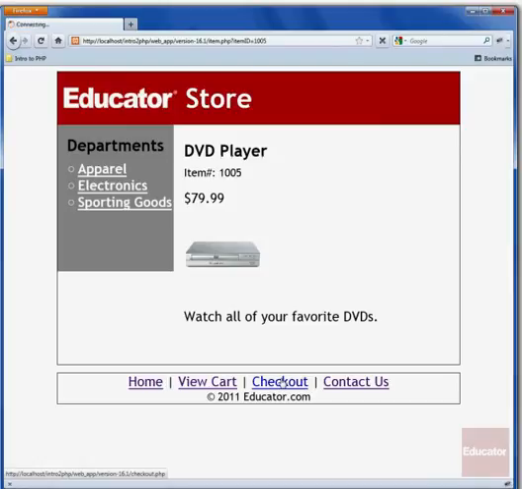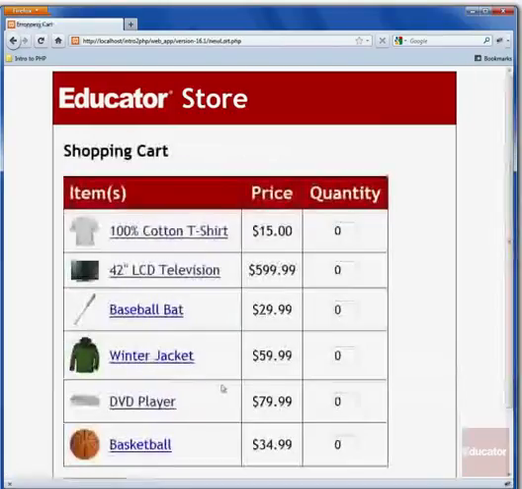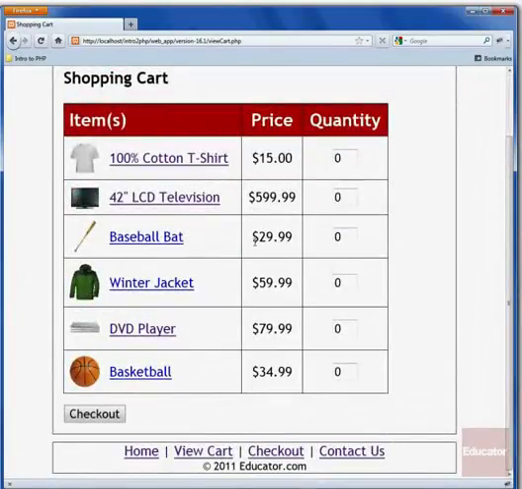The web store also provides a simple checkout form, a simple shopping cart form that allows you to select which items in the store you'd like to purchase and then go ahead and check out. So if we go ahead, for example, and select one of each of these items that are currently in the store